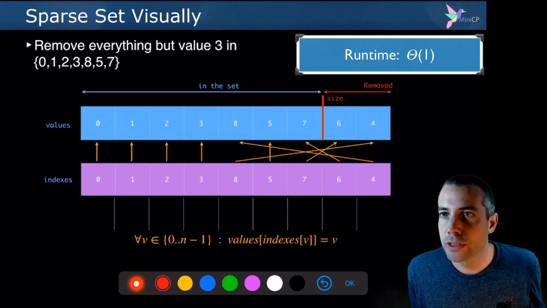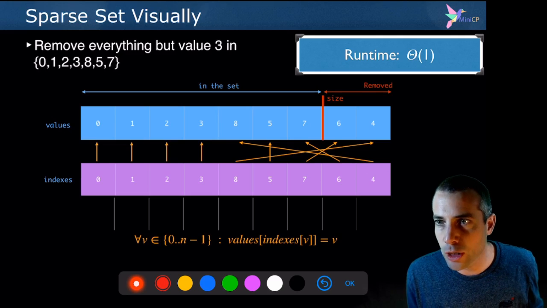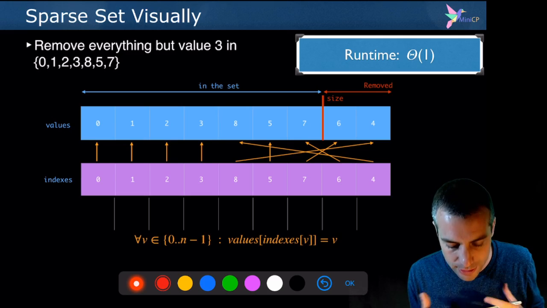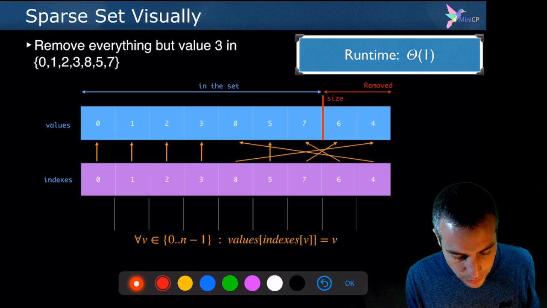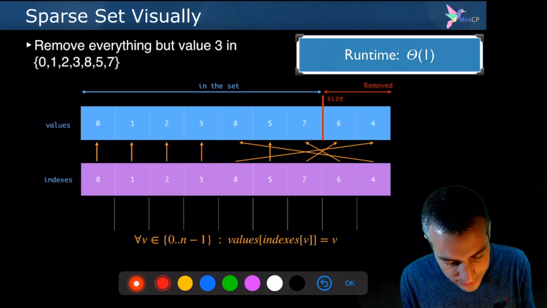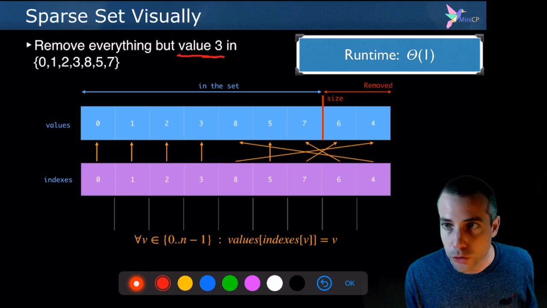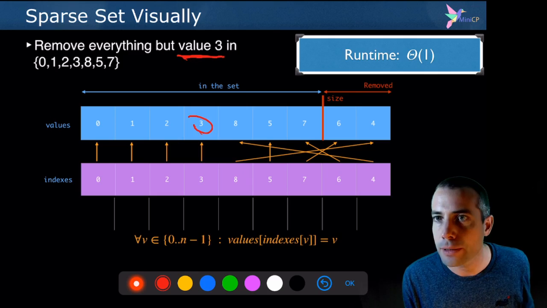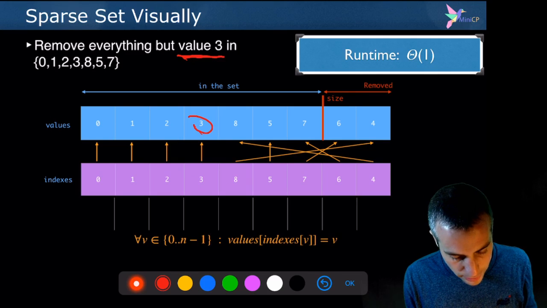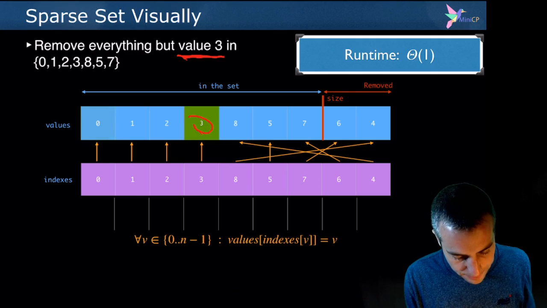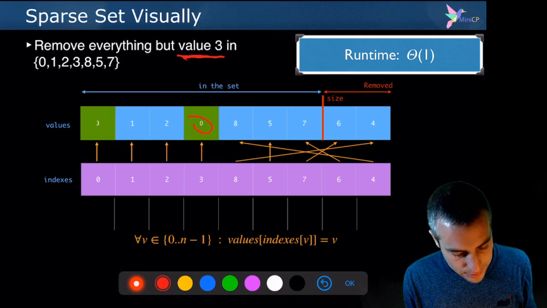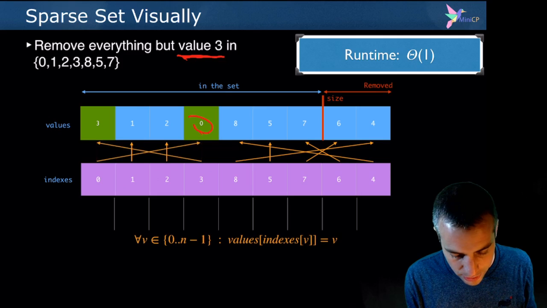Another important operation that we need when we will take branching decisions in CP is to assign the variable's domain to a single value. And I can also do that easily with sparse sets. For instance, I want to remove everything but the value 3. The way I should do that is I should place the value 3 in front of the array. Let's do that. I swap it with the first one, like this. I reflect the change in the pointers. And now I set the size of the set to 1, so that only the value 3 is considered inside